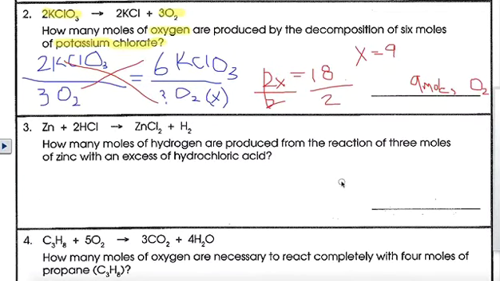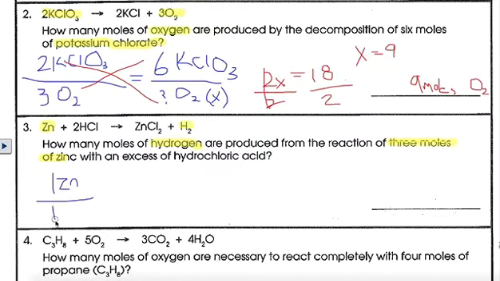So how many moles of hydrogen are produced by the reaction of 3 moles of zinc with an excess of hydrochloric acid? The one that I care about is 3 moles of zinc, which is Zn, and how many moles of hydrogen, which is H. This one's really easy because there are no numbers, so it's just a 1-to-1 ratio. It's that easy sometimes. So 1 Zn